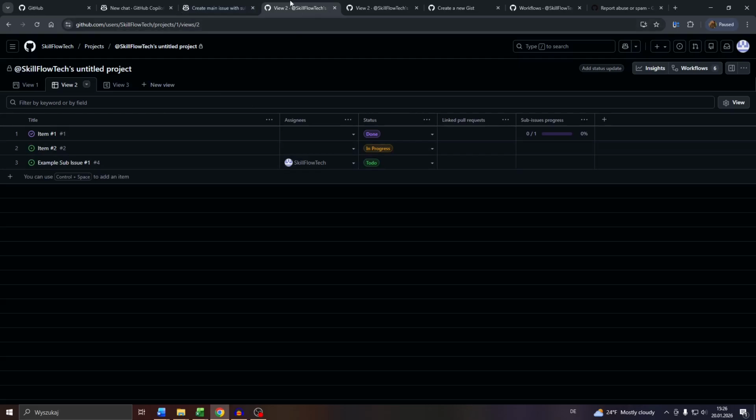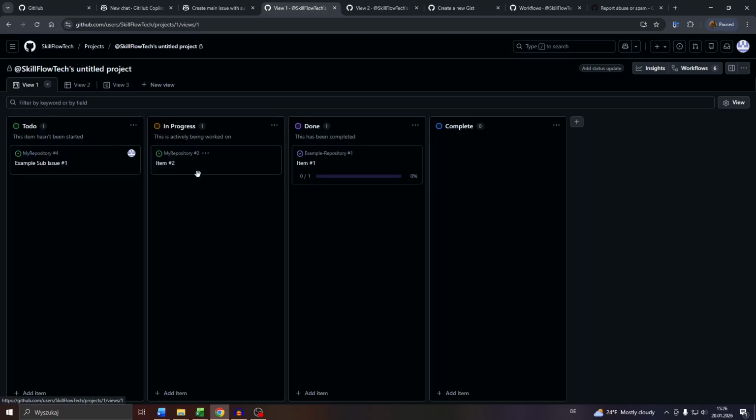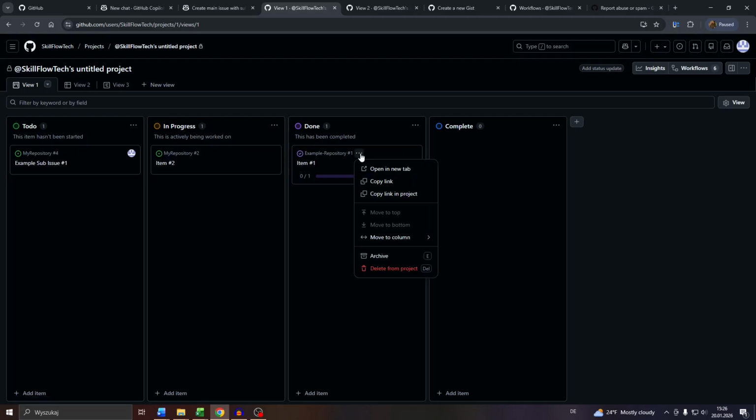Alright, so navigate to your project and select one of your views like a list or board view. And let me go with the board view for the sake of this tutorial. And after that, click into these three dots next to the given task or issue or item. And what you want to do from here, guys, is select